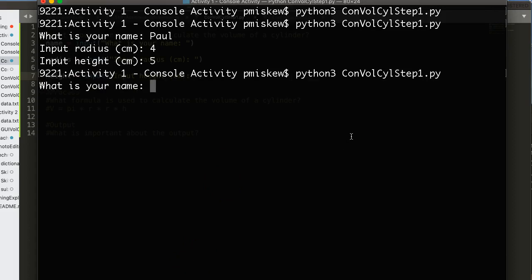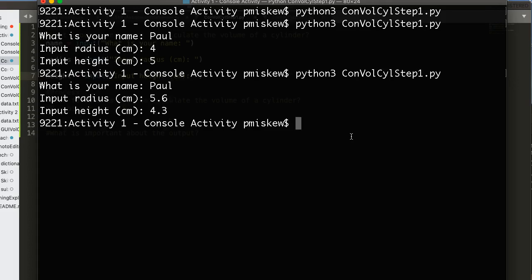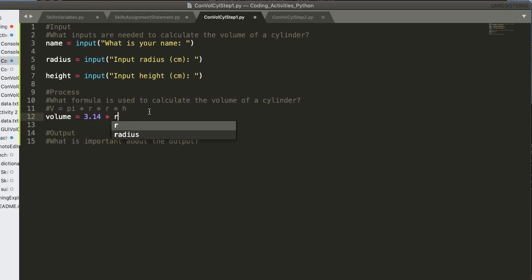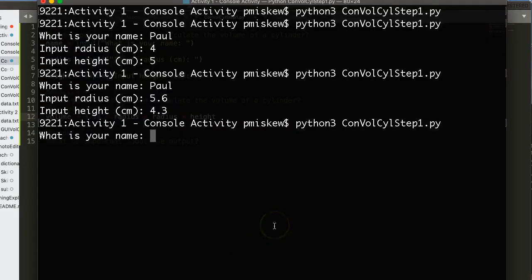Now you'll notice if I run this and I say Paul and I put 5.6 and 4.3, it works as well. And that's because the inputs right now are simply strings. So if I come down here to process, and I'm going to say volume equals 3.14, I'll use that to approximate pi, times radius times height. Now if I save this now and try and run this again, Paul, let's put 3 and let's put 4,